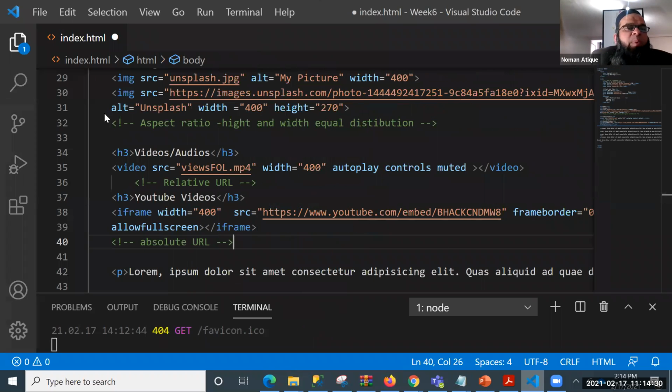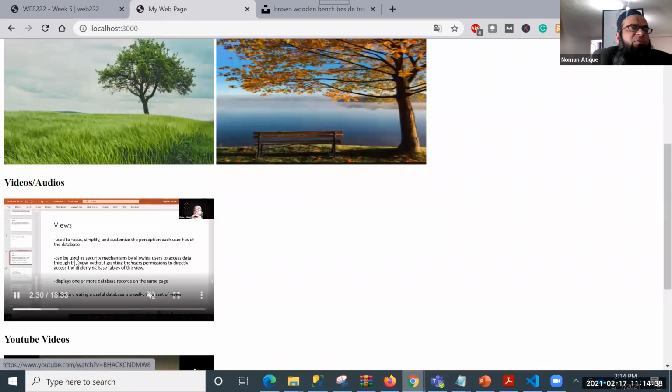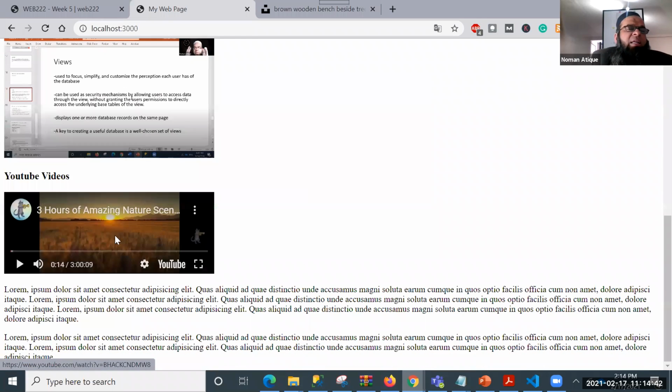So I am expecting all of you to see something like this, a web page that has maybe 2 pictures right now. And after the 2 pictures, you have one video that is coming from your own folder, from the relative path, and there is one video that has been embedded from the HTML. So are you able to run that HTML YouTube video now? Someone who was having a problem, are you able to run that now, the YouTube video, or still not?